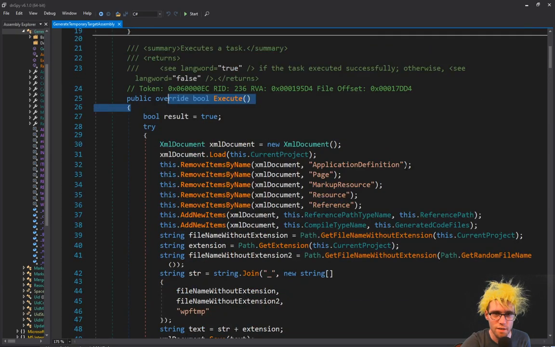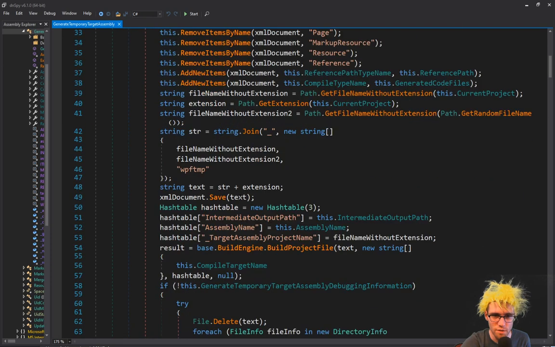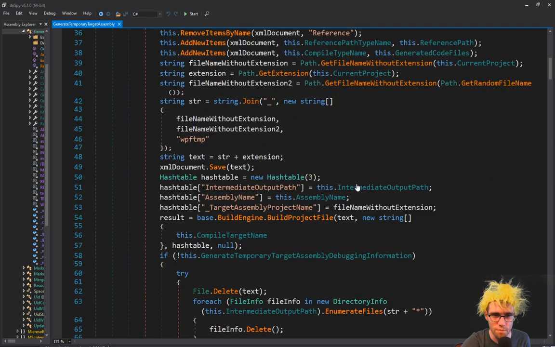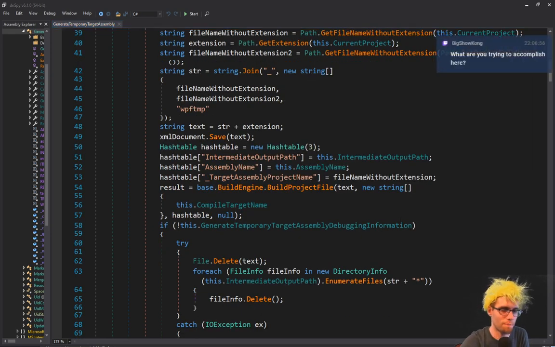So this guy takes in information, current project, remove items, load items, right? Saves the project. Oh no. Oh no. So what we are trying to accomplish here